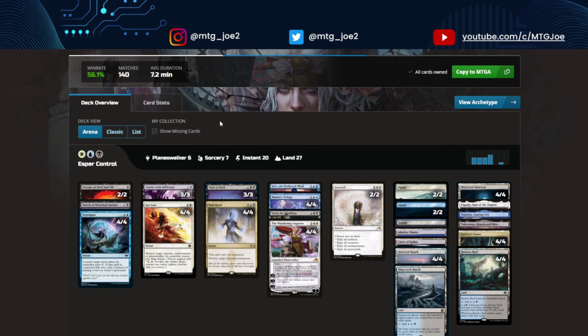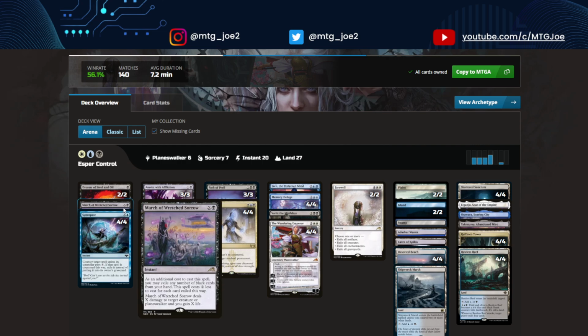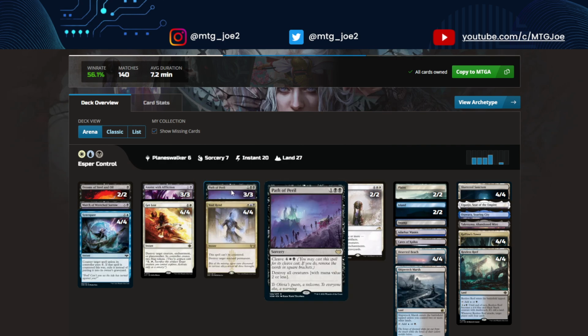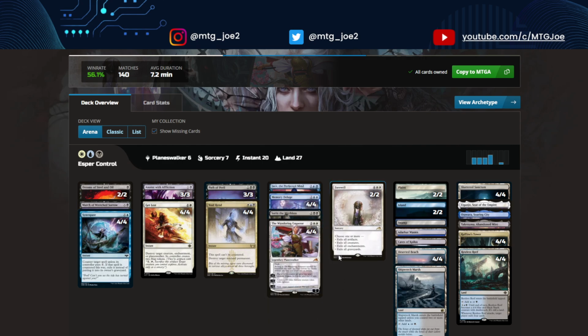And then lastly, Esper Control. So we've seen blue-white control week over week. So this version here of the Esper deck gives you Dreams of Steel and Oil. You get to choose an artifact or creature from your opponent's hand in exile. So kind of like Alternate Duress, March of Wretched Sorrow can gain you some life against aggressive decks. You have Anoint with Affliction as cheap removal, along with Get Lost, Path to Peril to sweep up aggressive things, Void Wrens in here as catch-all removal, Jace, Sorin, and Wandering Emperor as your win conditions, Farewell is another sweeper,